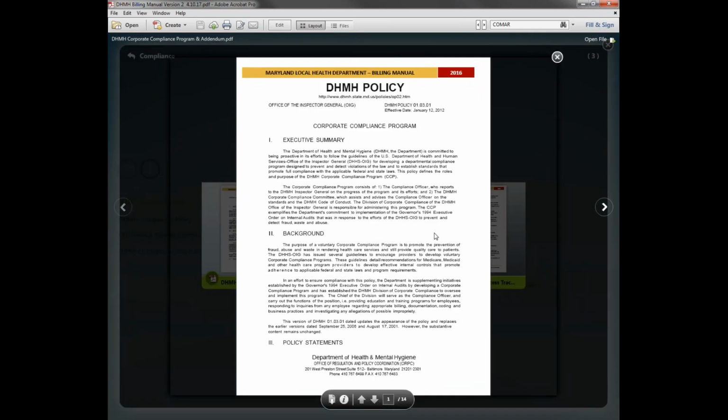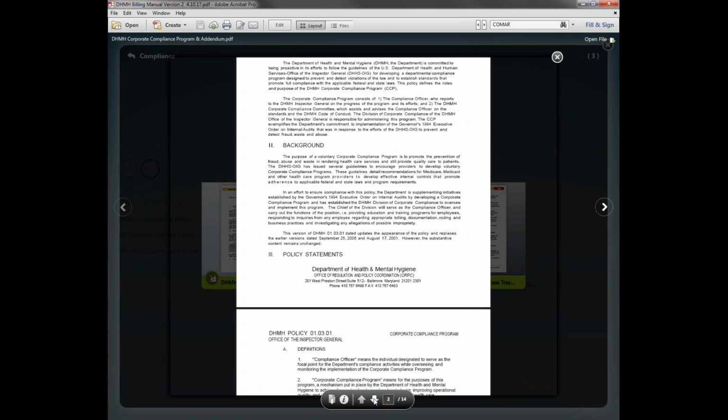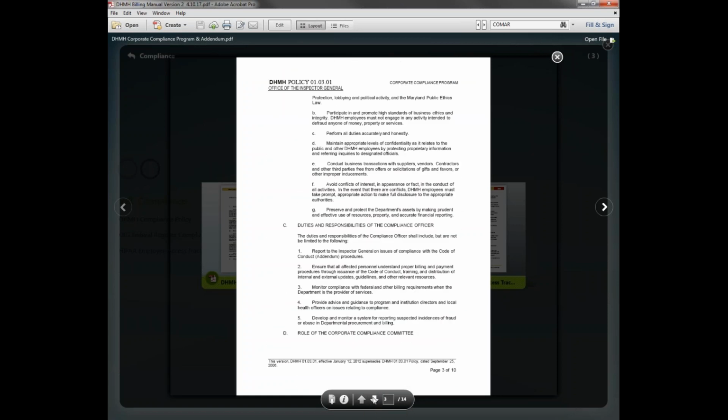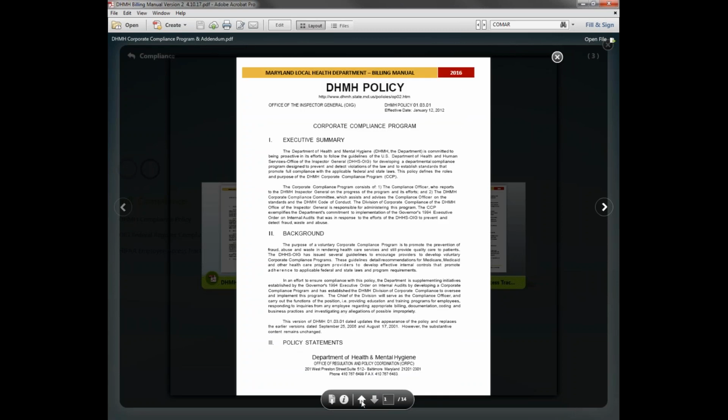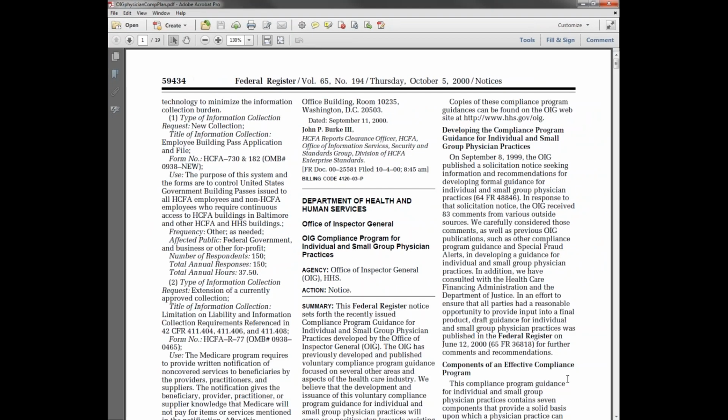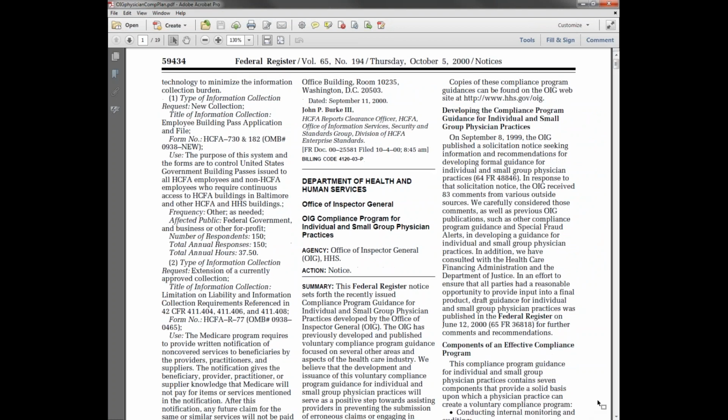All right, DHMH has its own policy on compliance, which covers HIPAA, and privacy and regulatory and billing issues. So we're not going to go a lot into this because it's there, it's published. Each one of your health departments should have this and should have addressed the corporate compliance that DHMH has put out. We also included the OIG's Federal Register, which talks about